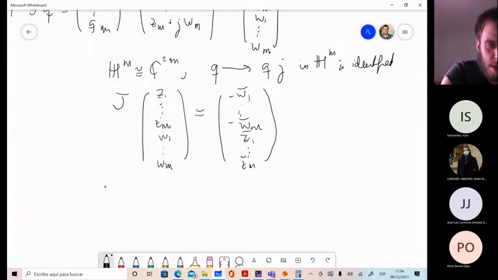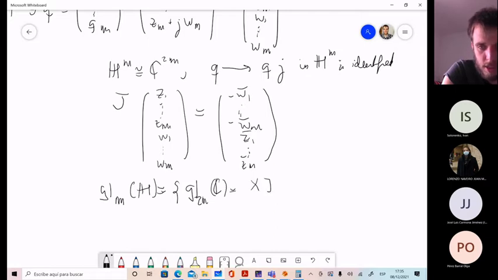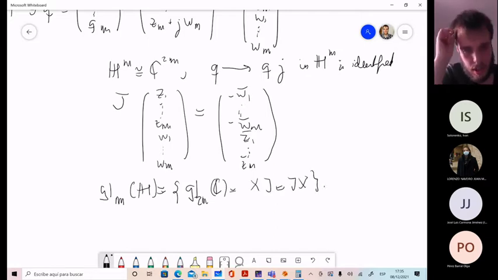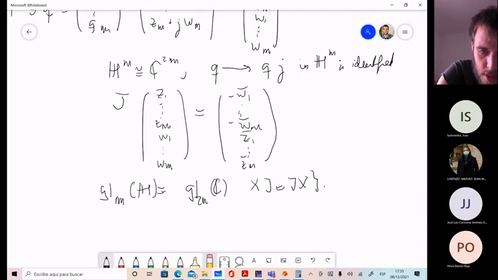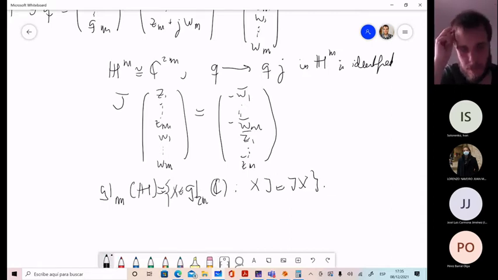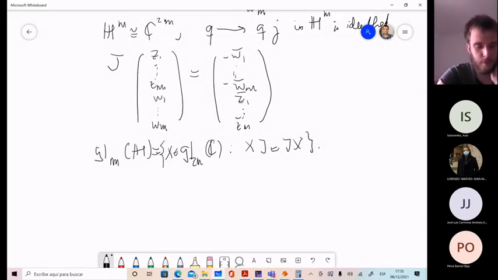Okay, so we have the following set GL_m(H), which is again a subalgebra of GL_2m(C), a real subalgebra. This is xj equals jx. These are those matrices in GL_2m(C) satisfying this relation. So in order to get a real structure, we now take the following map from GL_2m(C) to GL_2m(C)